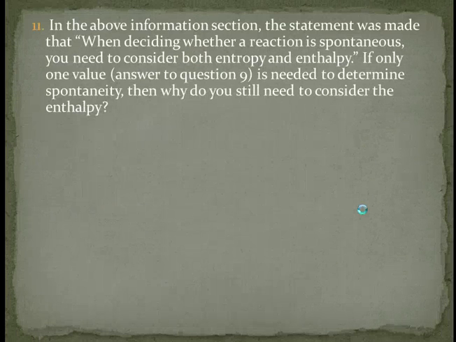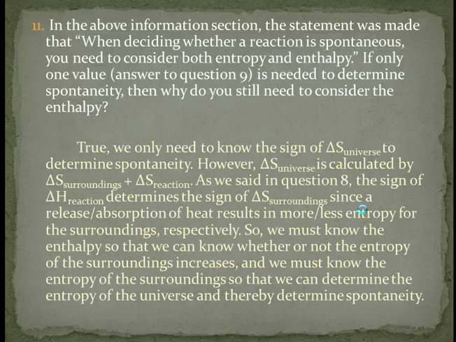In the above information section, the statement was made that when deciding whether a reaction is spontaneous, you need to consider both entropy and enthalpy. If only delta S universe is needed to determine spontaneity, then why do you still need to consider enthalpy? This is a really good question. Delta S universe is the only value needed to determine spontaneity. However, delta S universe is calculated by this formula here, which is delta S surroundings plus delta S reaction. And when you break it down even further, delta S surroundings is computed by